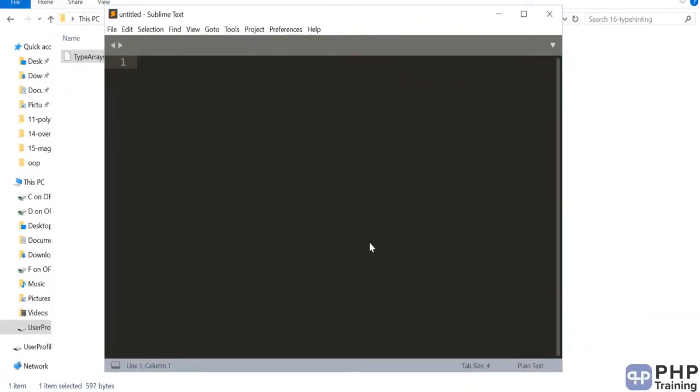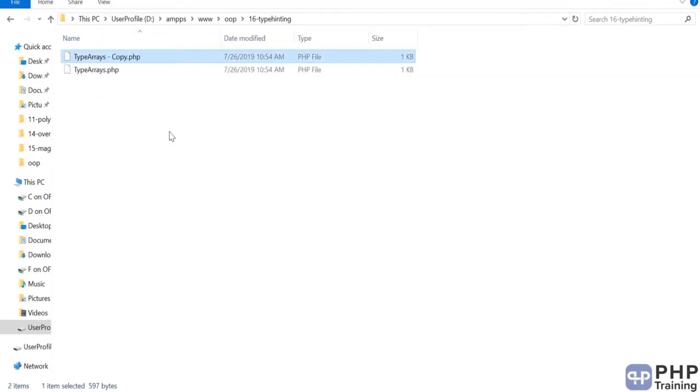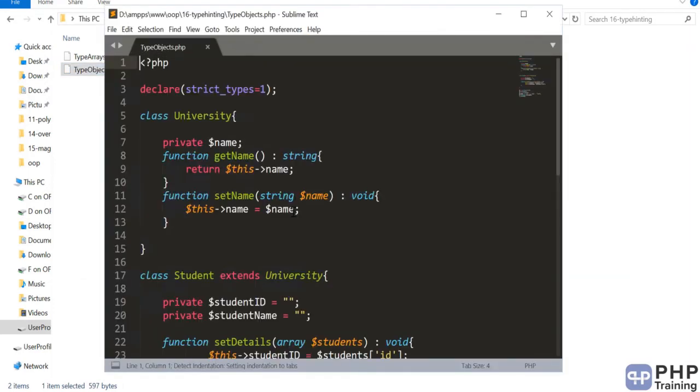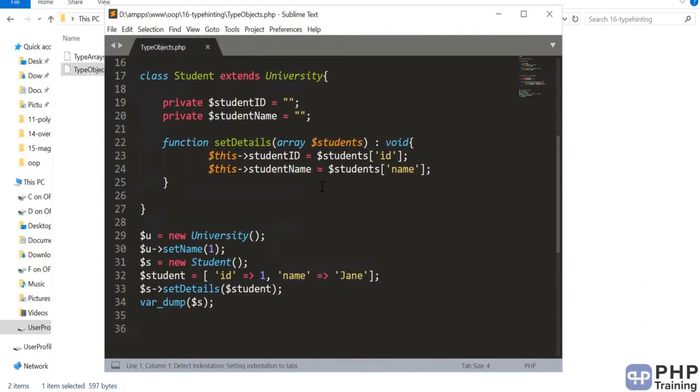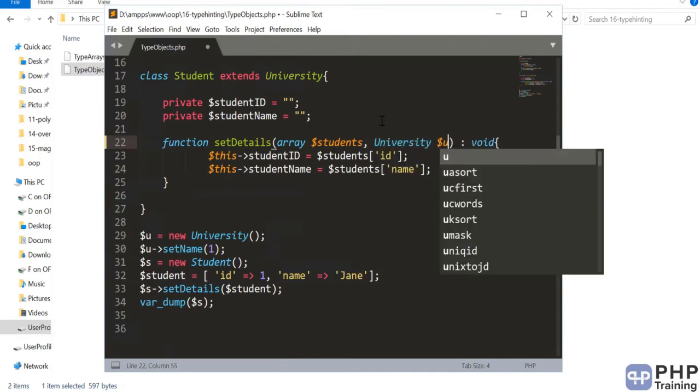Hello and welcome to the lecture on type hinting with objects. Okay, so let's use the same example and we'll call it type objects. And we'll try to see how to do the type hinting with objects. So one thing we'll do is we will pass the object here. So we'll say university $u.